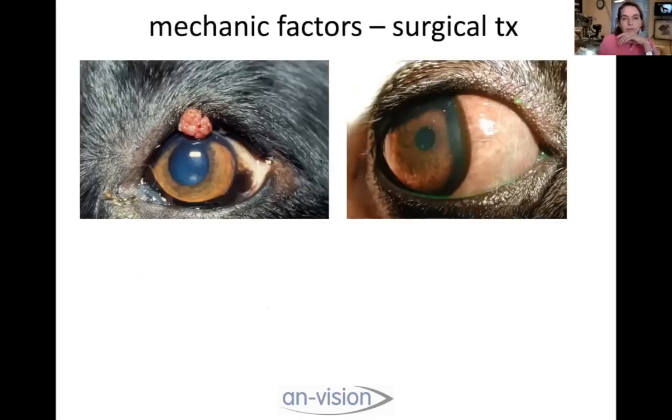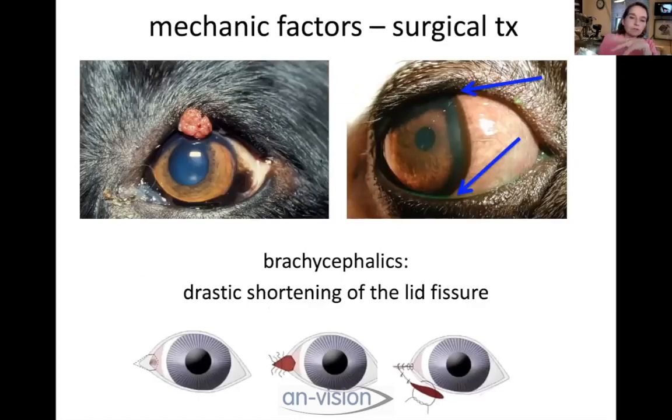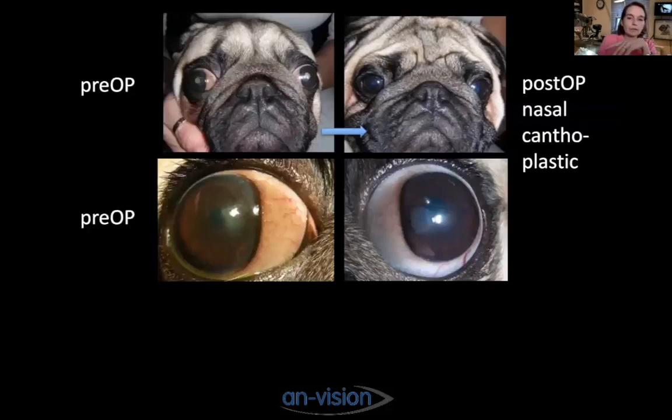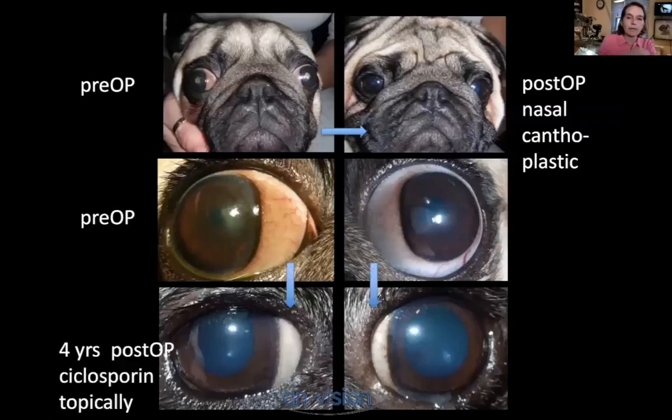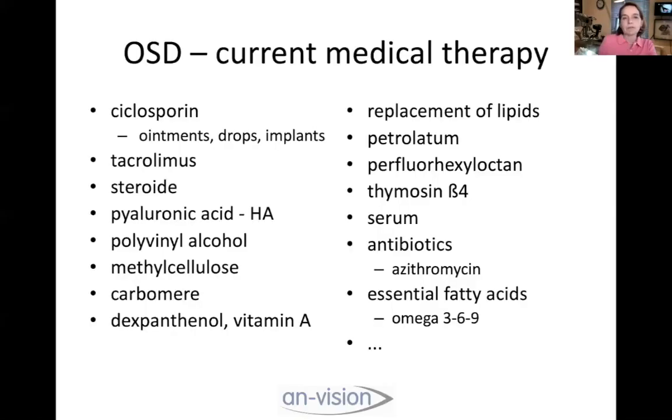So getting back to the mechanical factors, if you're lucky and you have those lid tumors here, you can take them out. If you have the brachycephalics, you can shorten the lid fissure, and you know that you have excellent results with this. Adding cyclosporin, you have very good results. So the current medical therapy in general for ocular surface disease would be cyclosporin as ointment, drops, implants, tacrolimus, steroids,